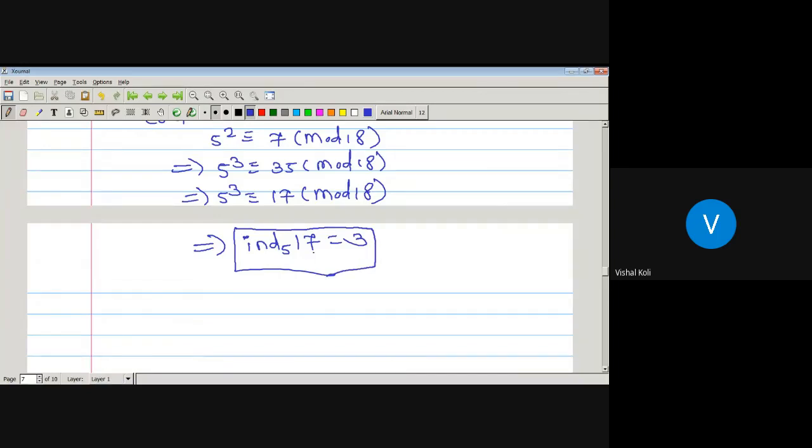So here we get the index of integer 17 relative to primitive root 5. If we take another integer which is a primitive root of 18, then we have to find the index of 17 corresponding to that primitive root. Okay, जर primitive root चेंज केला तर इंडेक्स चेंज होऊ शकतो बरं का, तोच इंडेक्स राहील असं सांगता येत नाही. मे बी 17 असेल किंवा दुसरा येईल. म्हणजे तुमचा जसा primitive root चेंज होत जाईल तसा index of any integer a relative to that primitive root will get one value. Maybe it is same or different. सेम येईल किंवा वेगळी येईल काही सांगू शकत नाही. ठीक आहे, फाइंड आउट करू शकता मग इंडेक्स.